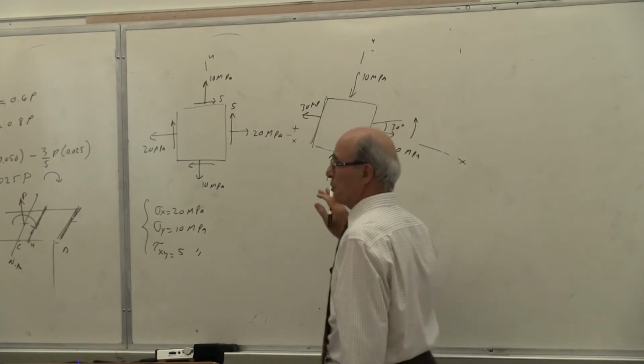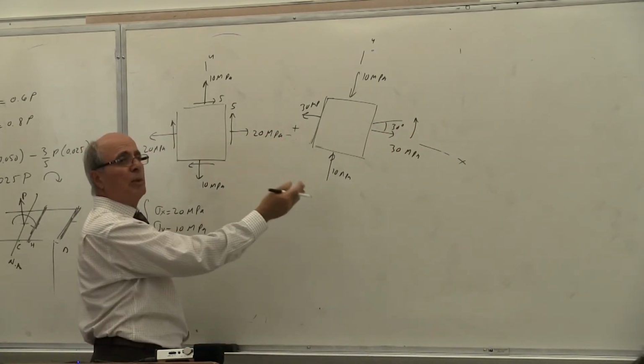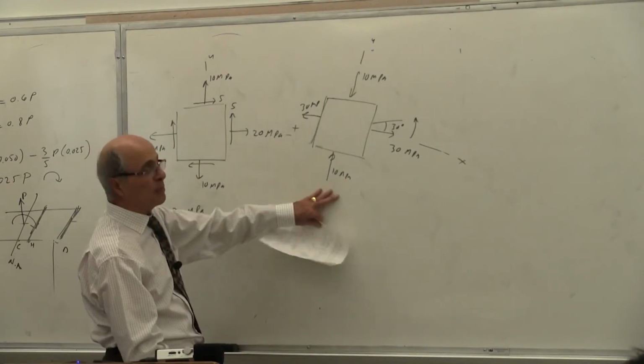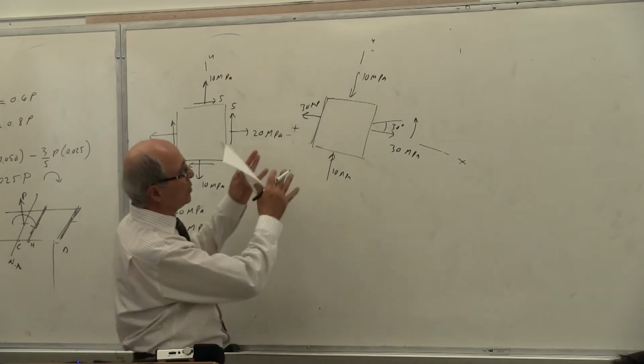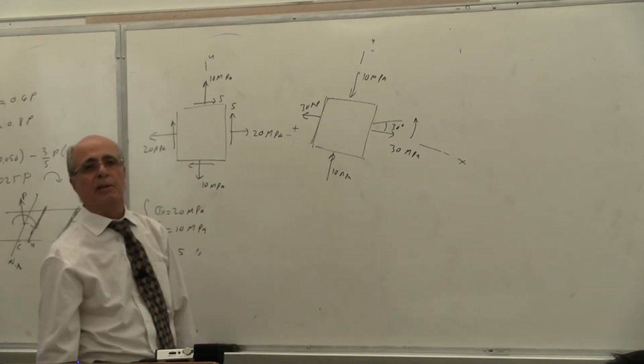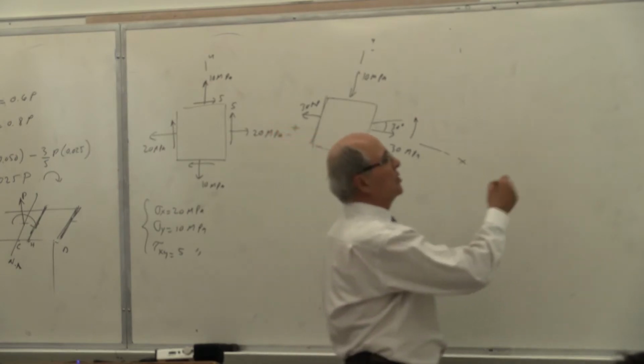If you are solving this problem, which is similar to one of your homework, you have to turn one of them to become equal to the other one. I could keep this one and turn this 30 degrees. Everybody understand that? Then I have to deal with it this way. So let's now do this one, because this is simpler.